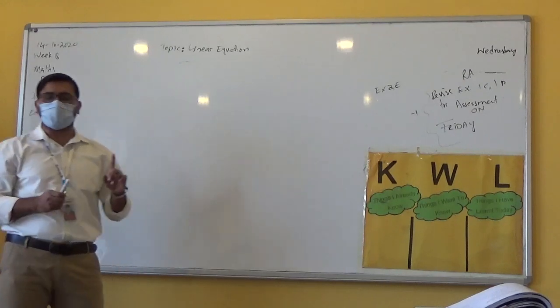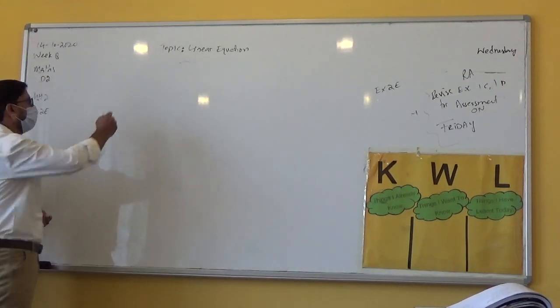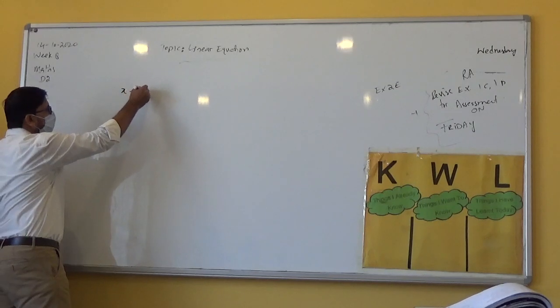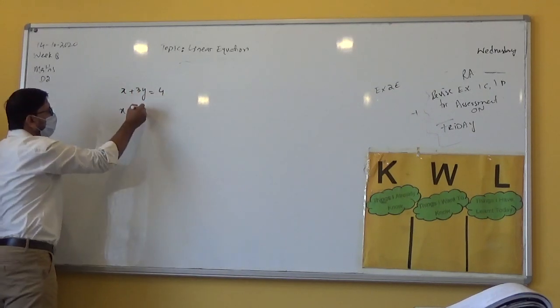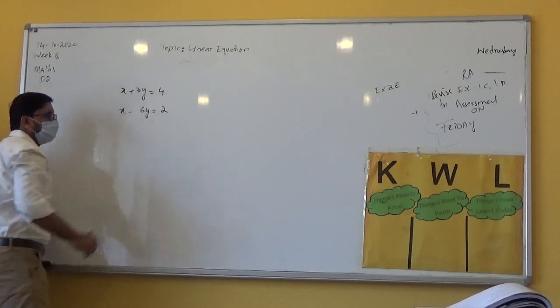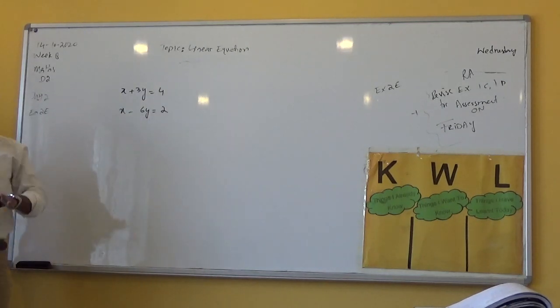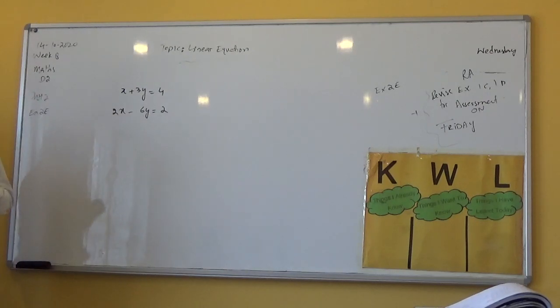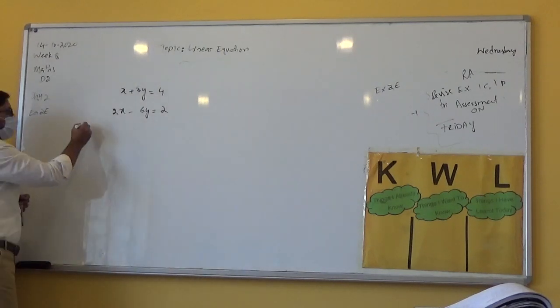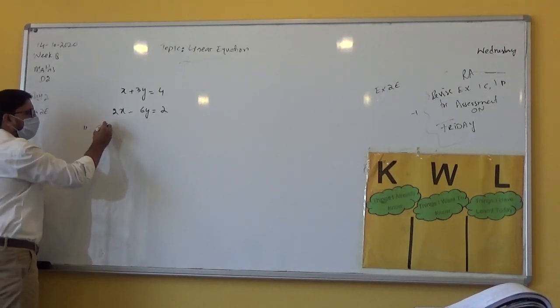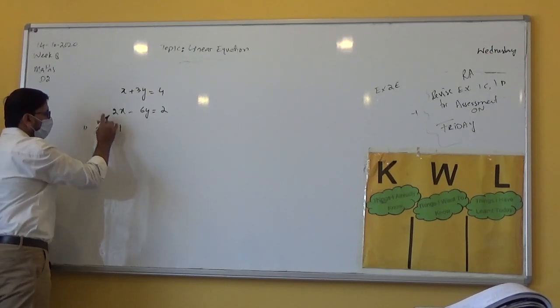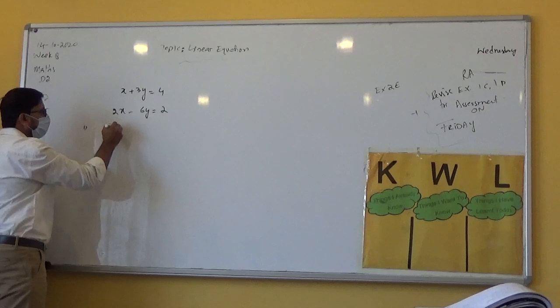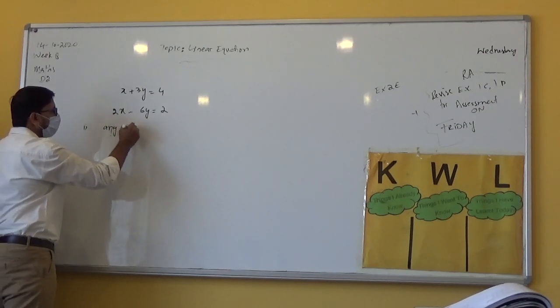Initially, I just want to repeat the substitution method. If you are given equations like x plus 3y is equal to 4, x minus 6y is equal to 2, yes, we can go for the elimination method directly, but right now we have to go for the substitution method. For the substitution method, what is the very first step you keep in mind? You need to find any variable with a positive number.